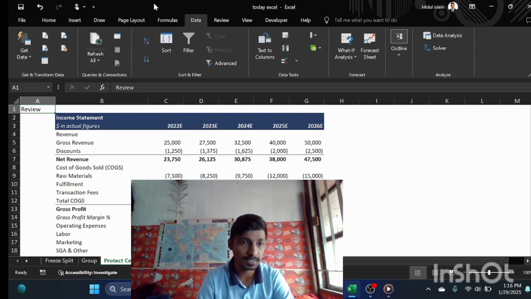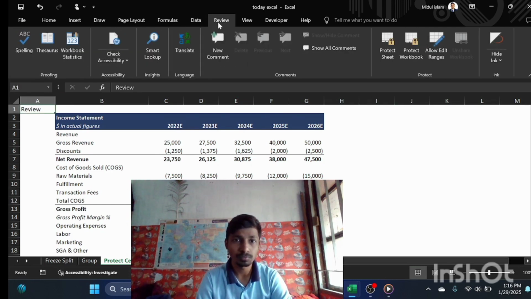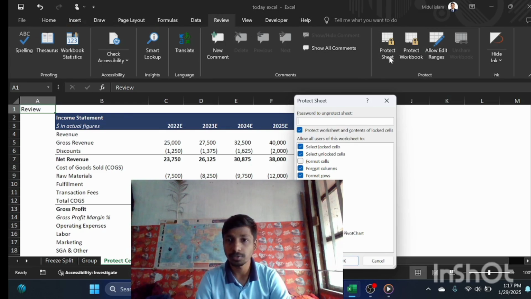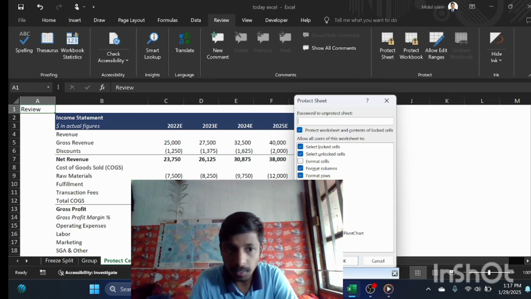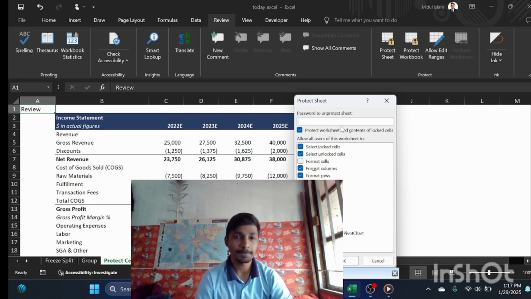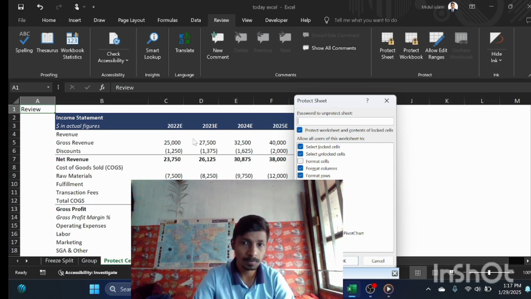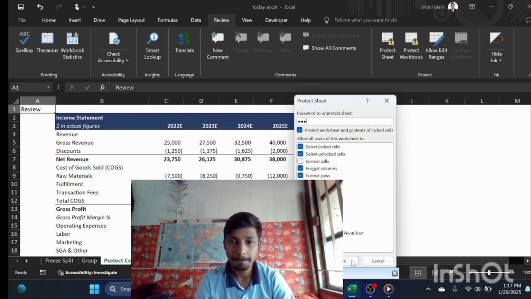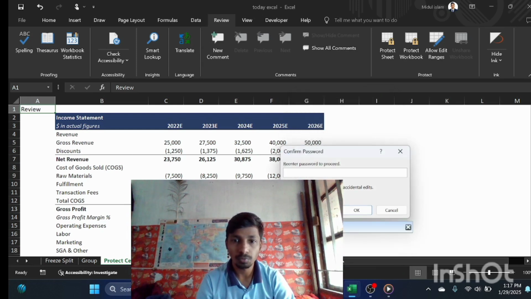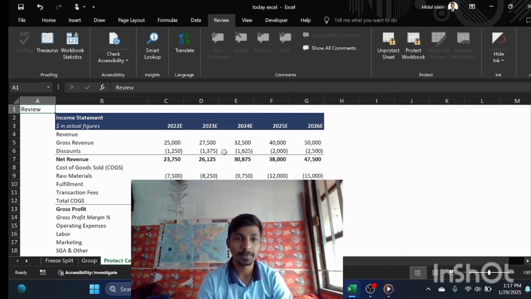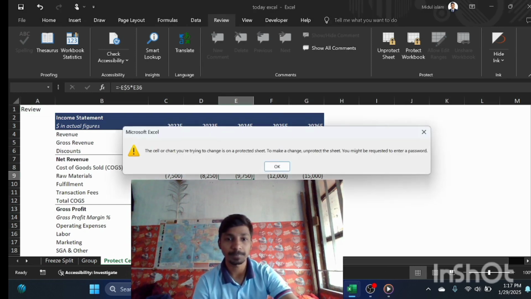Then we select Review and then Protect Cell, and select 123, then OK button, and we select the password.